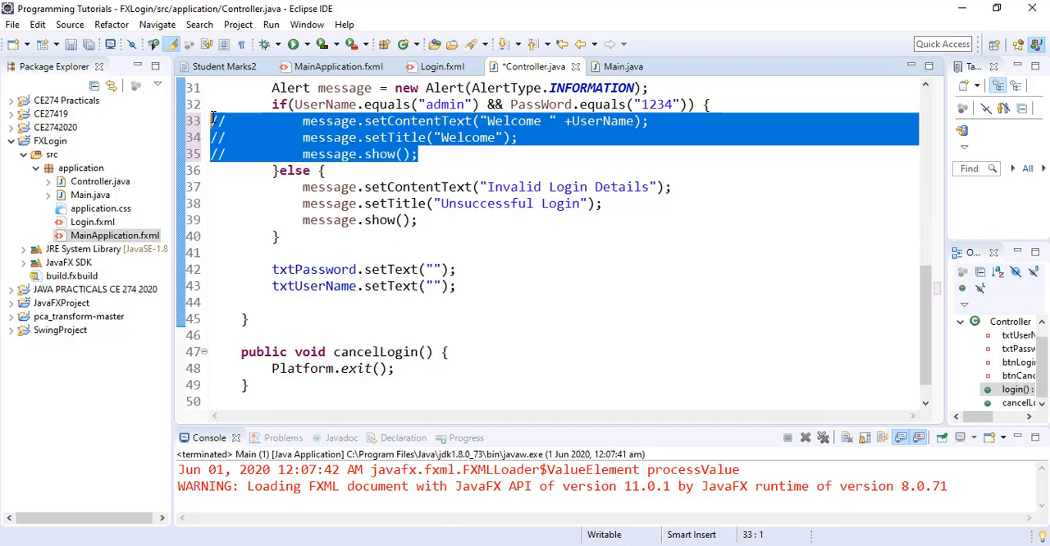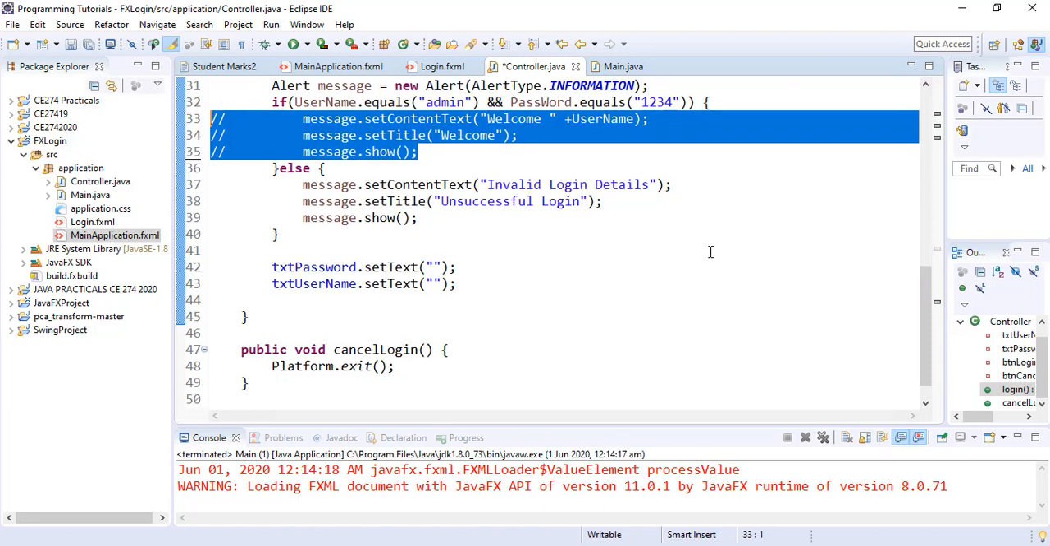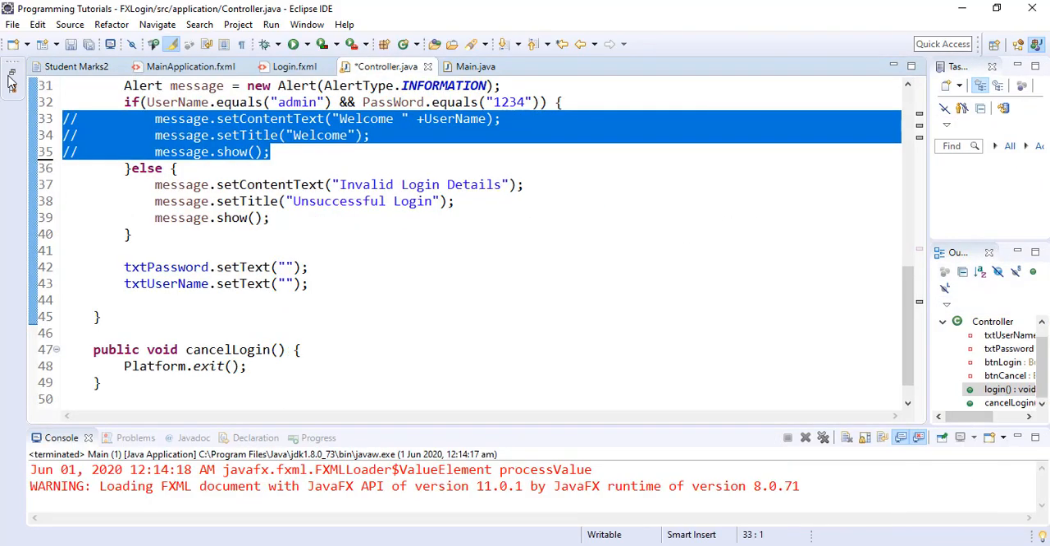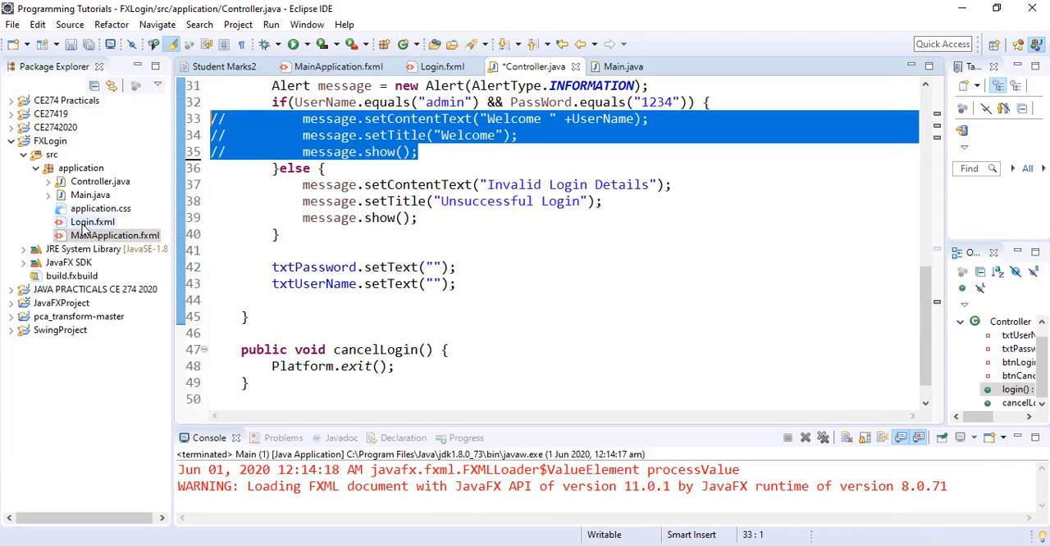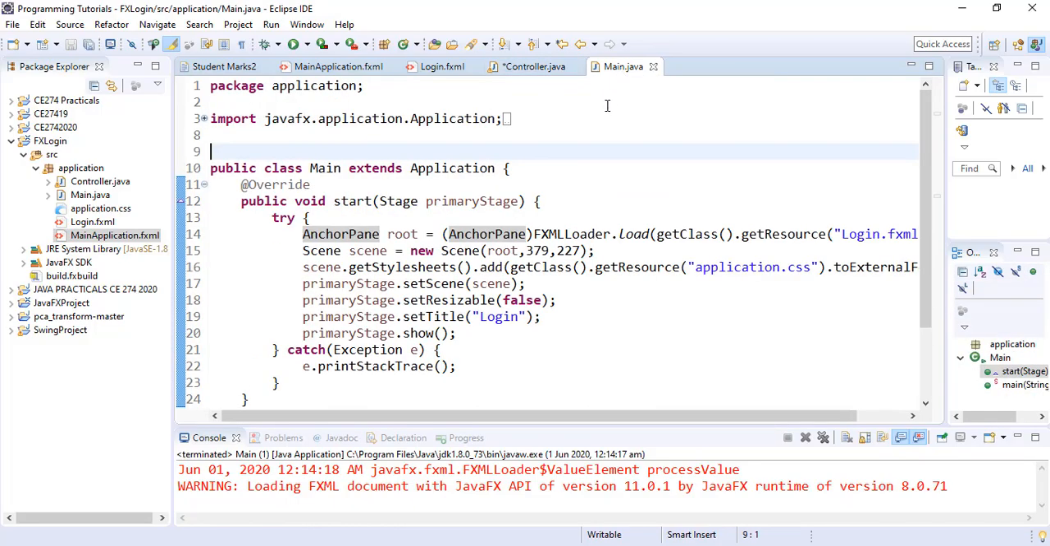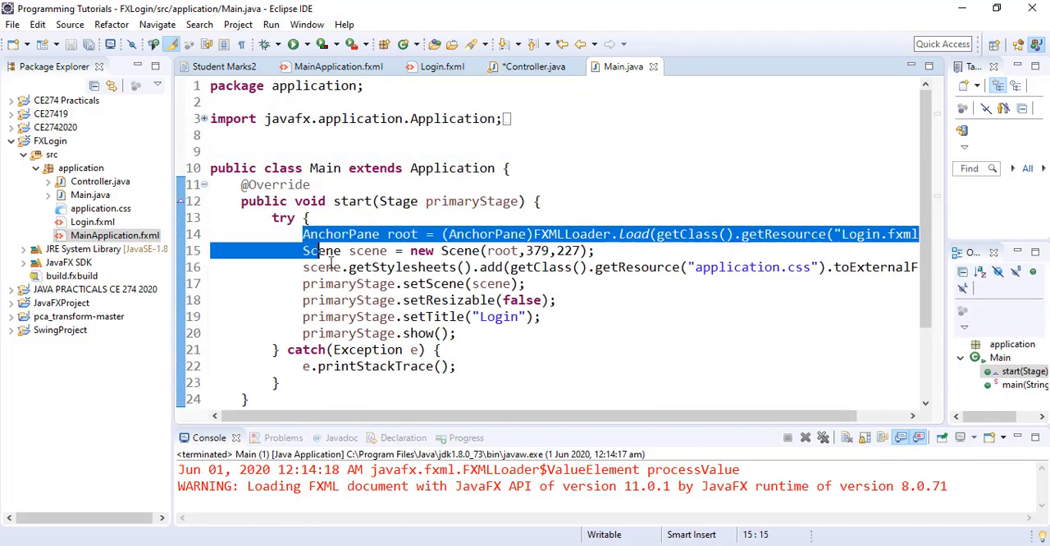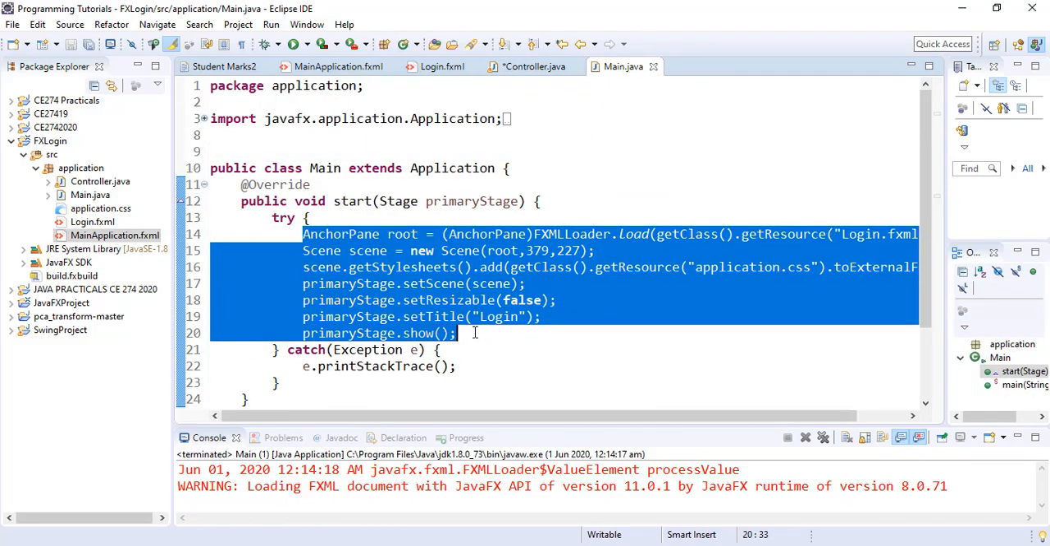Now inside here, this is where we write the codes to hide the login interface and show the main application interface. To prevent us from writing so many codes, we are simply going to look for the codes that load the login FXML, and we copy them and paste them here. So we go to the main, and these are the codes that load the login FXML when we run it. So we simply copy these, go to the controller,